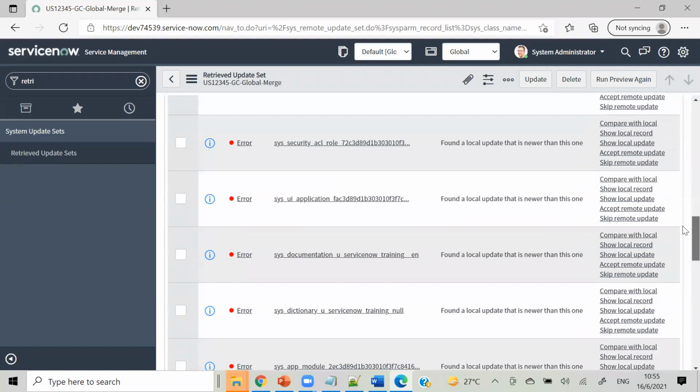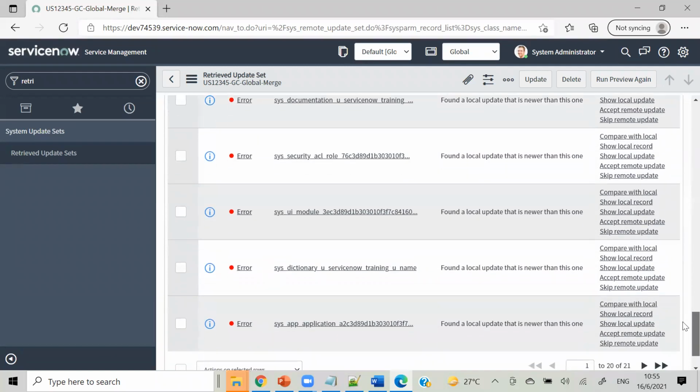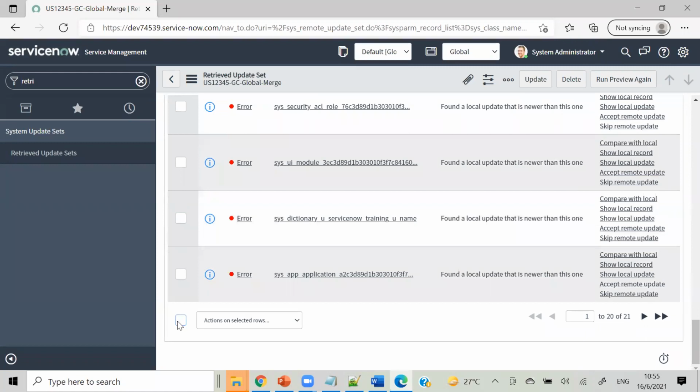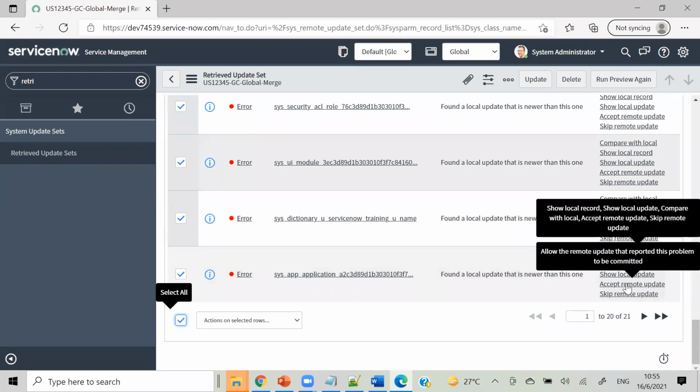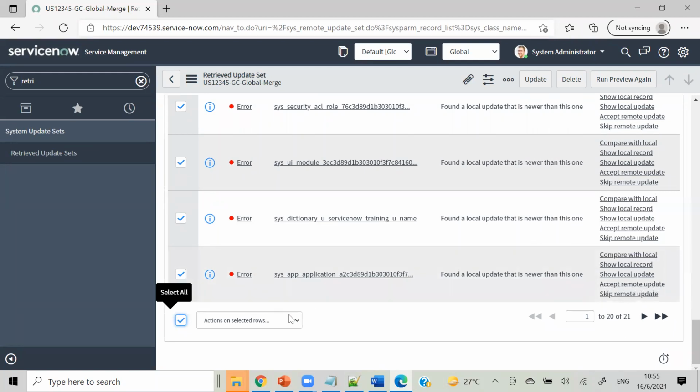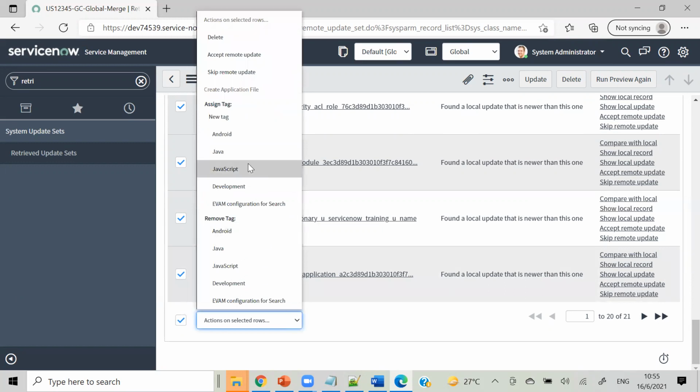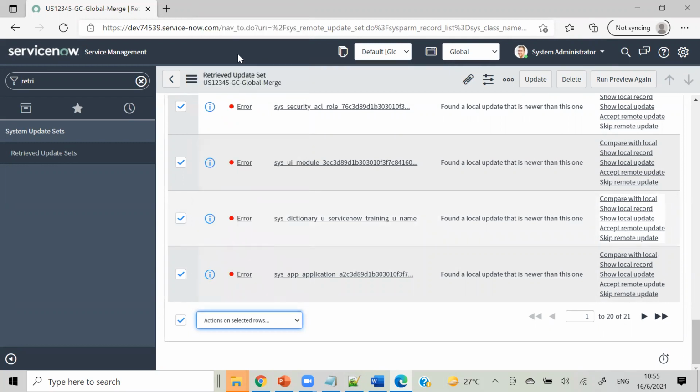As here I am having these same 21 errors, even if I accept this remote update set, it will not affect anything. So I am clicking, and I can click directly from here on remote update set. And if I want to perform the action for all, I have selected all, and I'm clicking from this list, accept remote update.